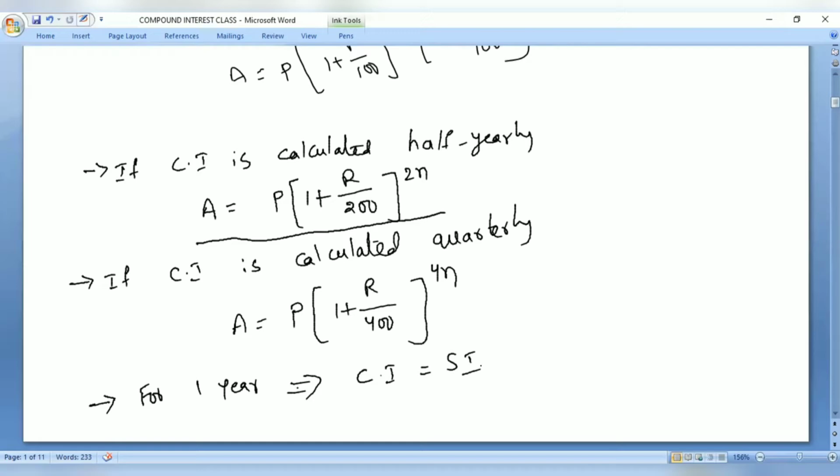For the second year, if it is simple interest, the principal remains the same and the rate of interest is applied. Whereas for compound interest, the interest that you accrued for the first year will be added to the principal, and this combined sum, the principal plus interest accrued, will become the new principal for the second year. So always remember, for the first year, the interest earned from compound interest is the same as the interest that you earn from simple interest. So these are the formulae that we need to remember before we start solving the problems based on compound interest.